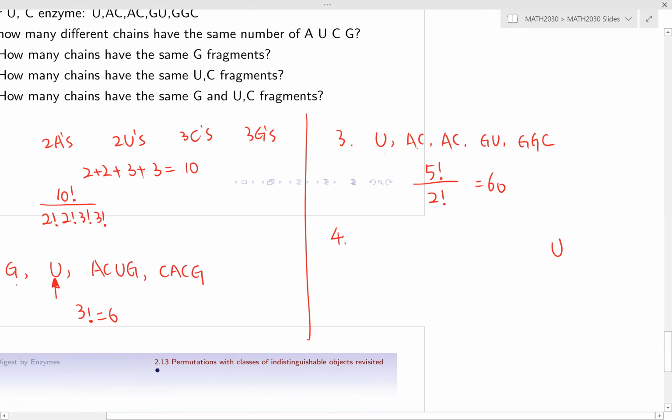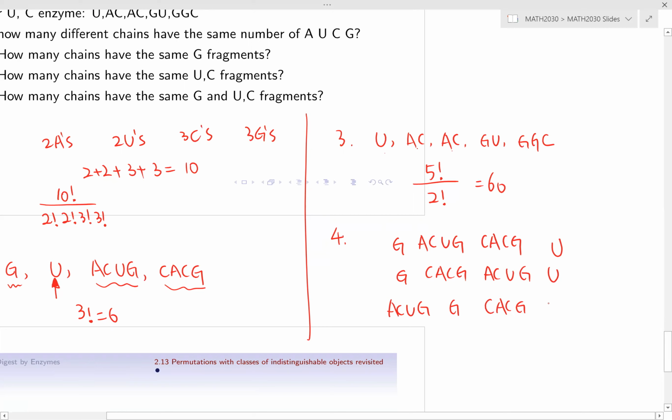And then we are going to be reordering G, ACUG, and CACG. So G, ACUG, CACG. Case 1, or G, CACG, ACUG. Case 2, or ACUG, G, CACG. Case 3,